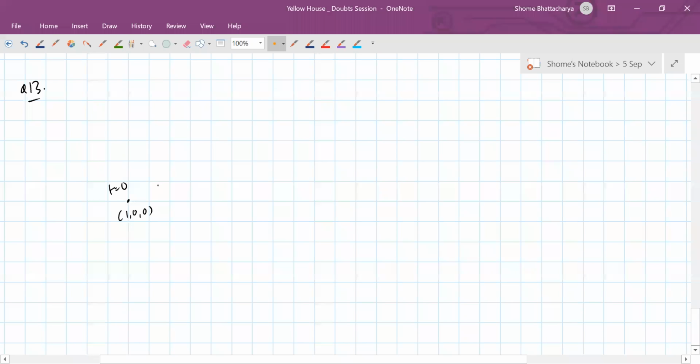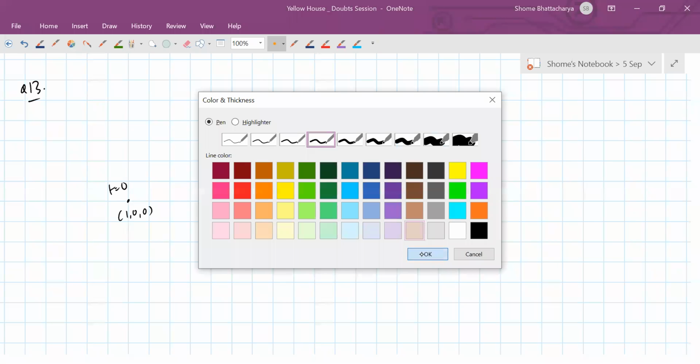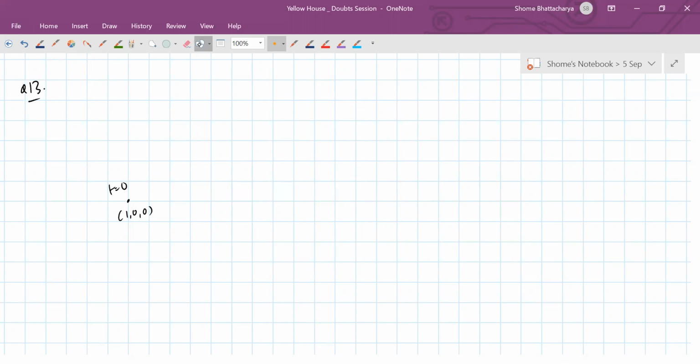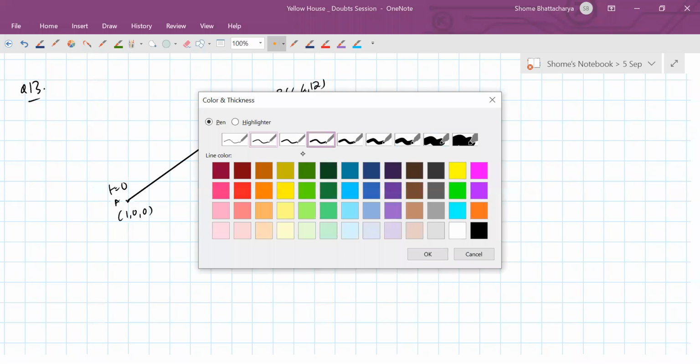Now it is moving towards another point whose coordinates are given to me. So let's say it's moving from this point directly towards another point, somewhere here, let's say. So let's say this point was A and this point is B. And this point's coordinates are given to me as 4, 4, 12. It has also been given that while it is making this journey, it's doing so at a constant velocity.